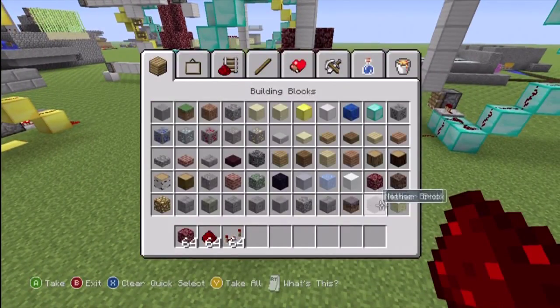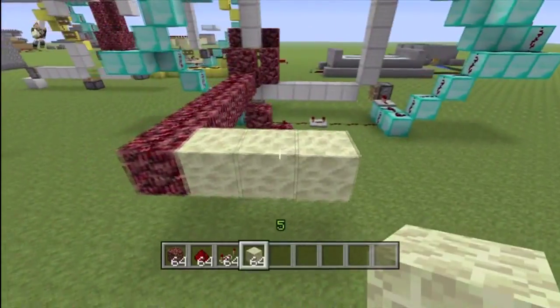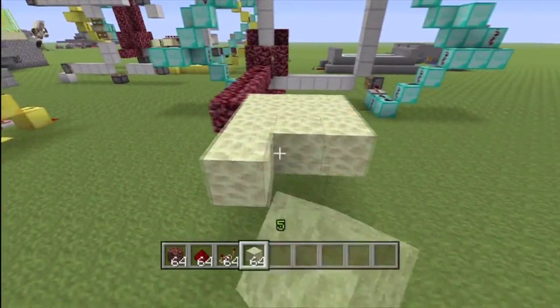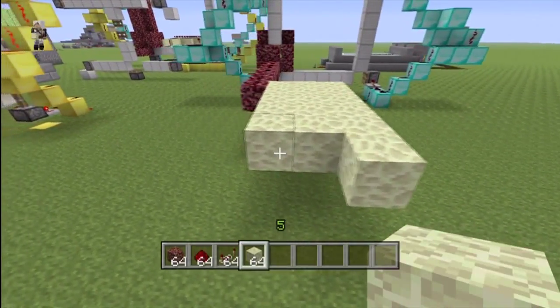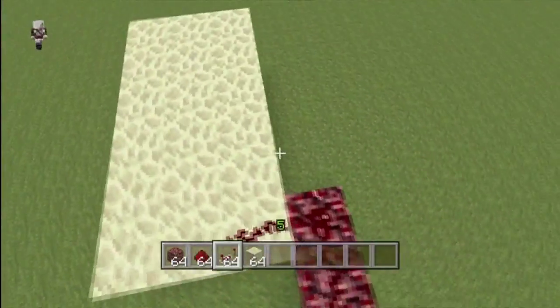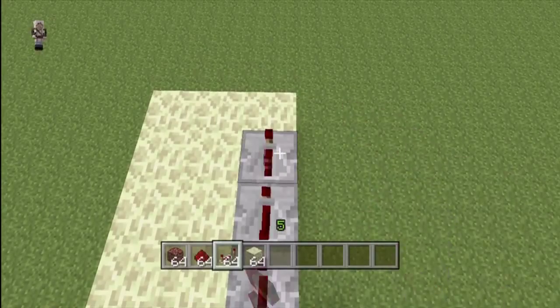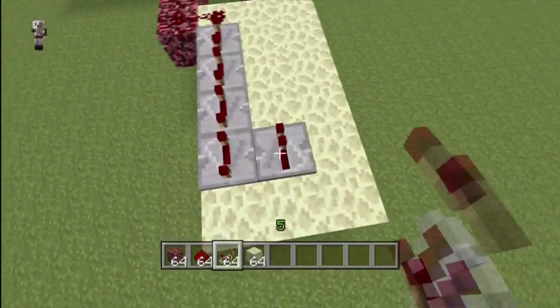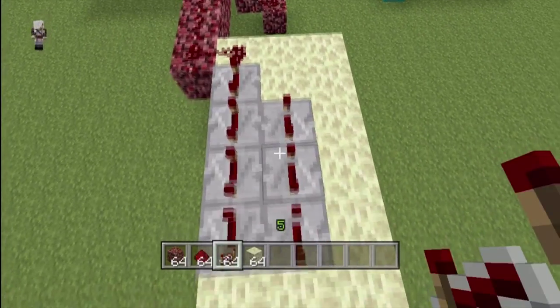So let's make a little pad right here. Should be good. This way back, and honestly this is good. So fourth tick, fourth tick, fourth tick, fourth tick,